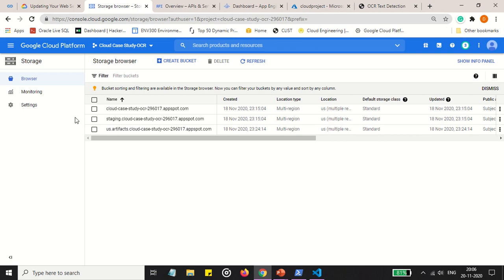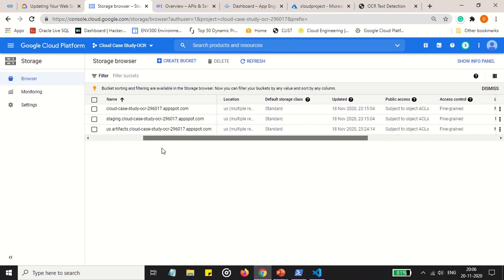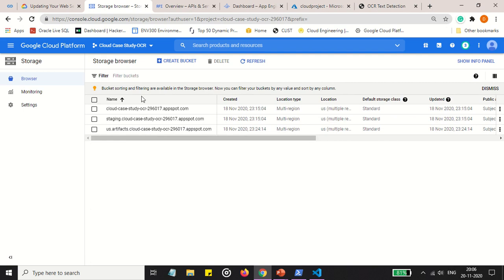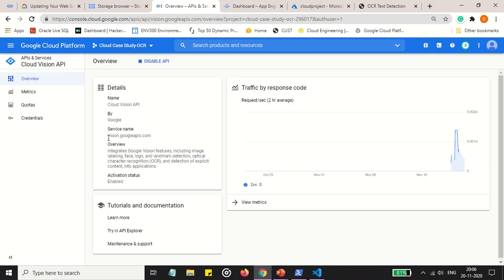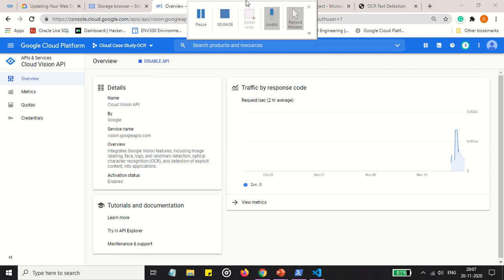This is the Google Cloud Storage platform where the backend part of the code and all its dependencies are stored by the App Engine. And this is the Google Cloud Vision API where you need to enable this API and create a service account to access this Vision API, which is used in the Node.js program.